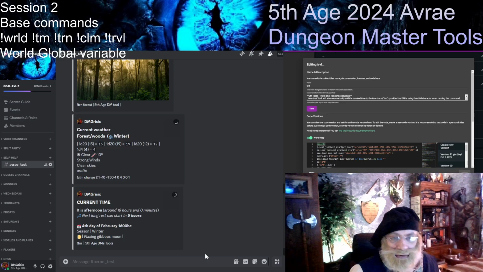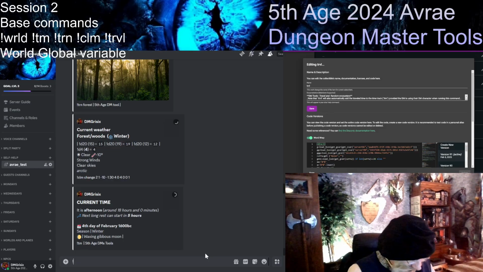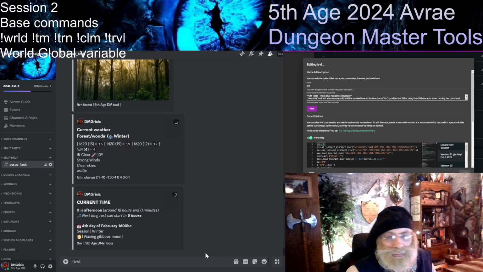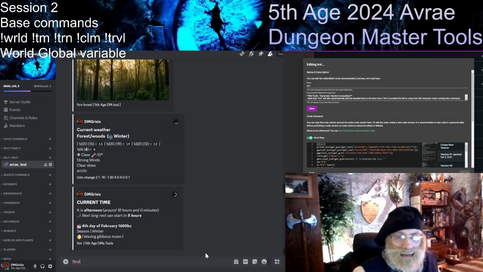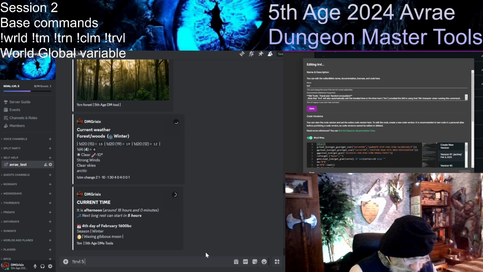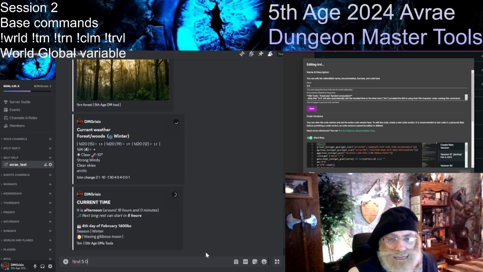They are probably going to decide to stay put for the next 5 hours before the next long rest can start. So we use the travel command even when you stay put. The way you do that, you handle the number of hours before the long rest. You put a 0 because you want to show that they are not moving.